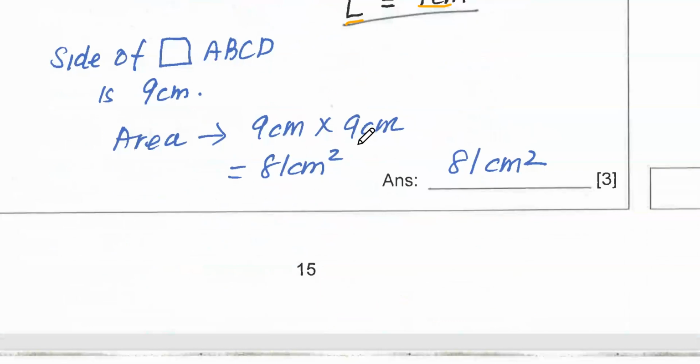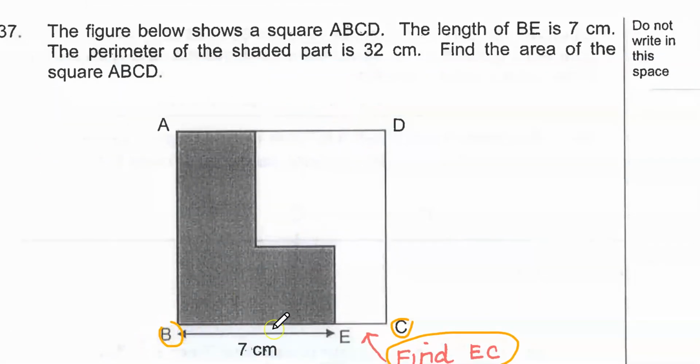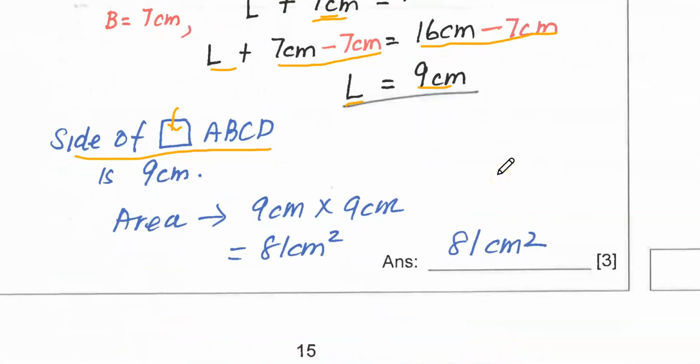Now the final part, the side of the square, which is ABCD. Let's go back here. The side of this, I have found that this is 9 cm. It means, of course, this is 2 cm. We found that this is 2 cm. Alright, 7 plus 2 is 9. So 9 times 9 gives us the final answer,